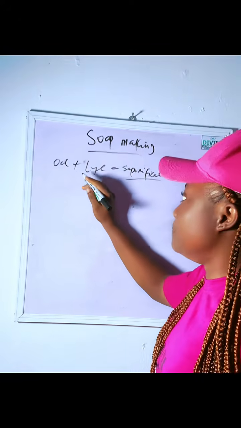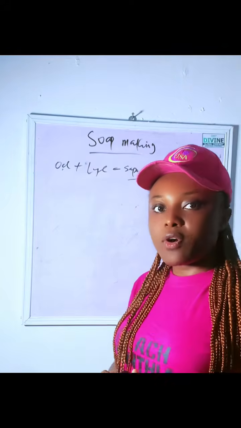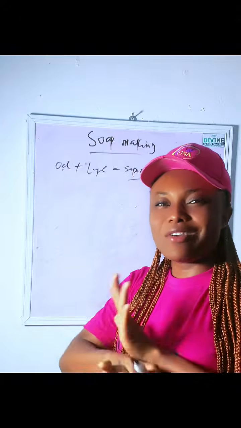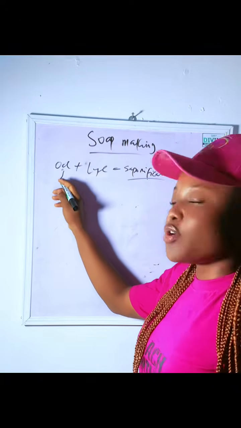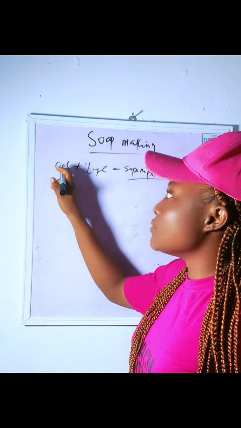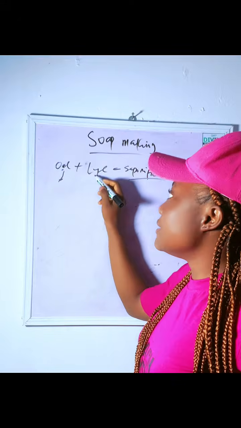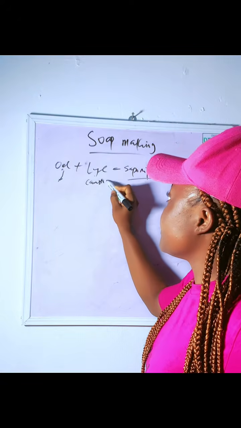Now, this oil can be any oil. It can be your palm oil, it can be olive oil, coconut oil, tallow, any oil. Even the groundnut oil you cook with, you can still make soap with it. Any oil of your choice, animal fat oil, any oil at all can be used to make soap. Now, this lye is simply caustic soda